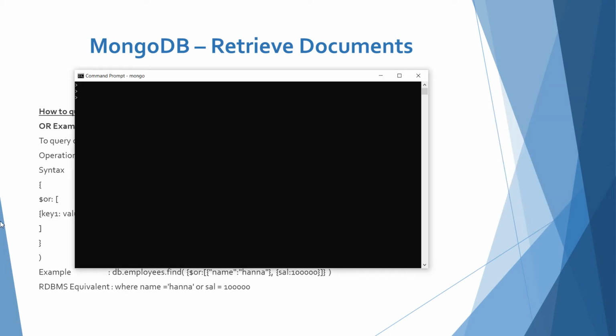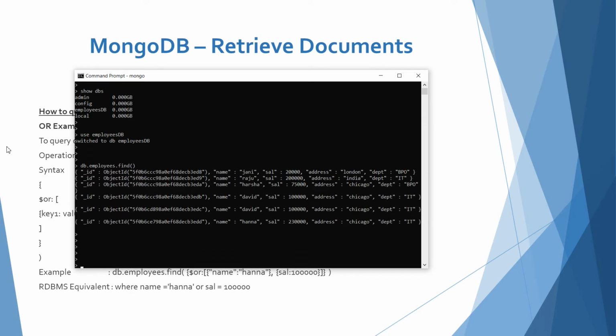We'll see. Show DBs, use employees DB, connected, and list out all documents.